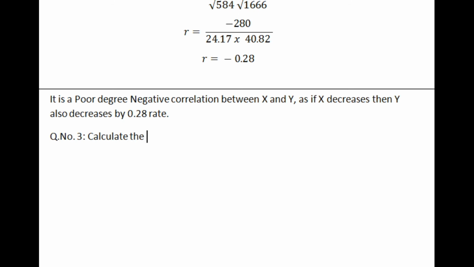Calculate the coefficient of correlation between x and y. So the value of x is like this: